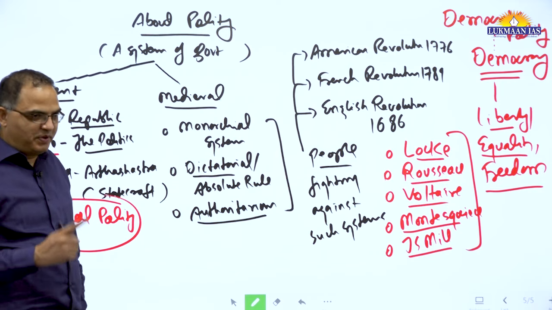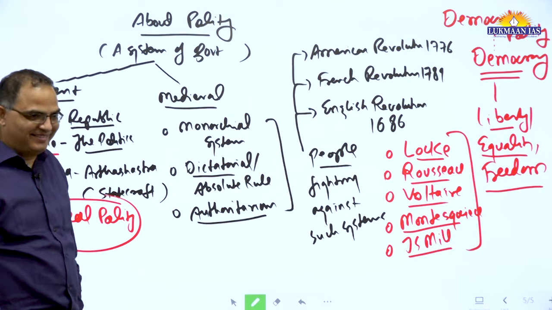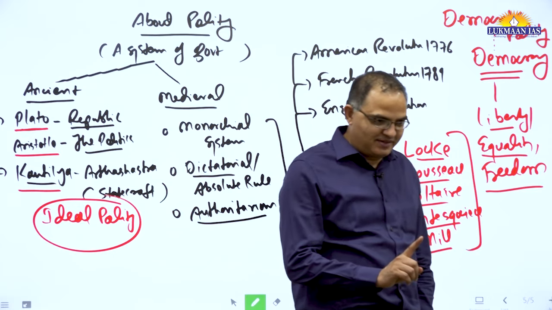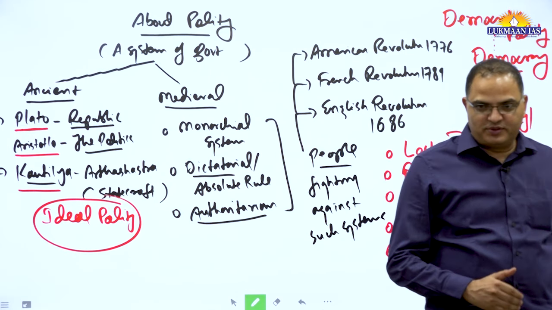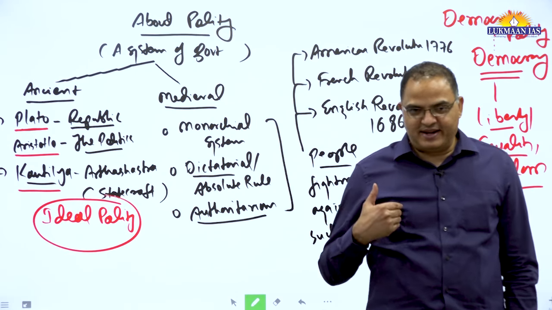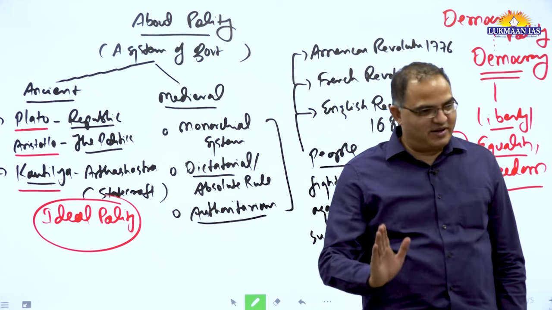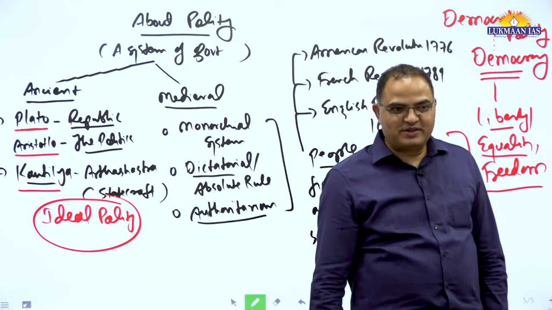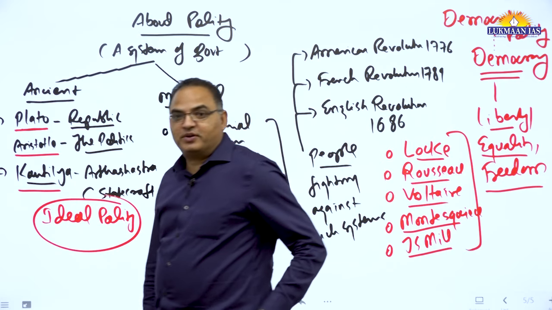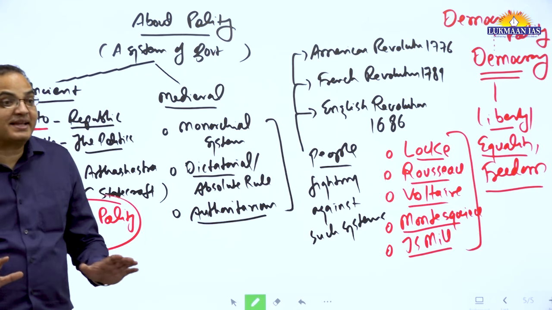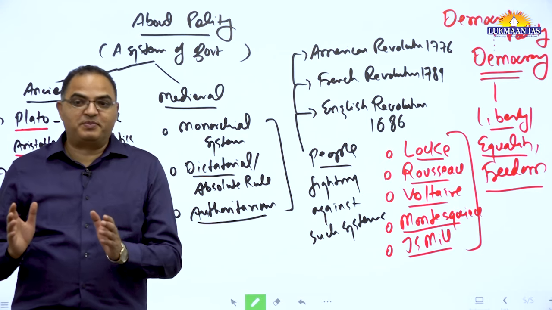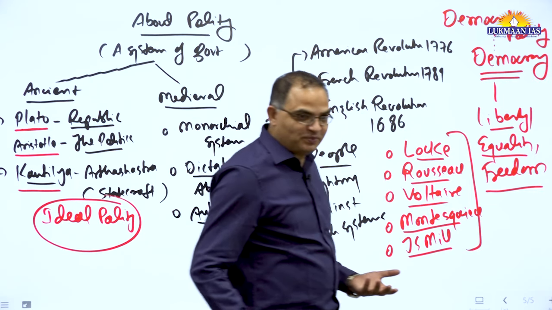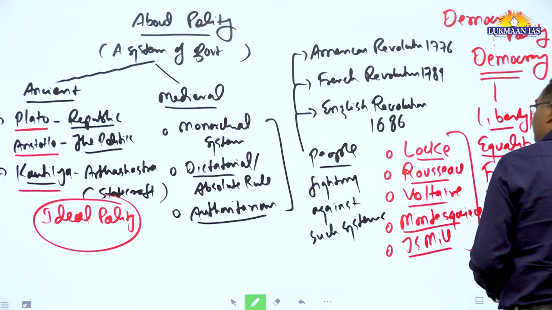Because liberty is not possible in UAE, isn't it? Liberty is not possible in UAE. If you do anything wrong, whatever they think right, they will punish you. You are under custody. You are not allowed to talk. So, liberty is not possible in a monarchical system. Liberty is possible in democracy. Why? This is what you have to understand. It will take time to understand.